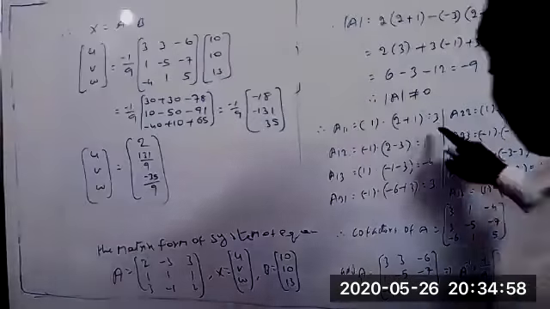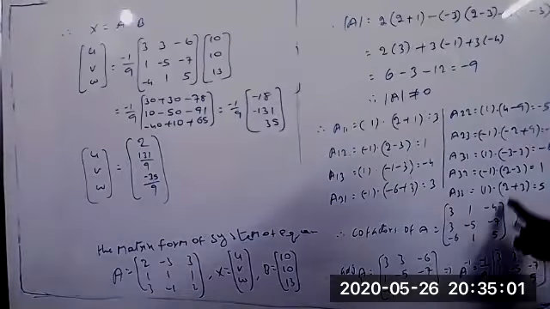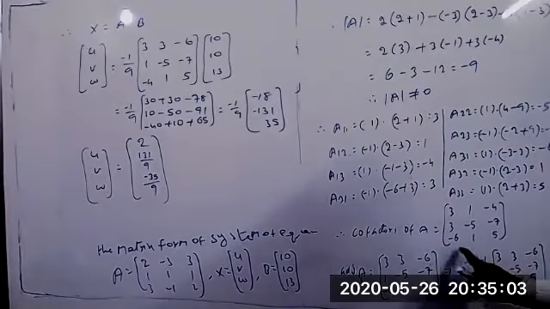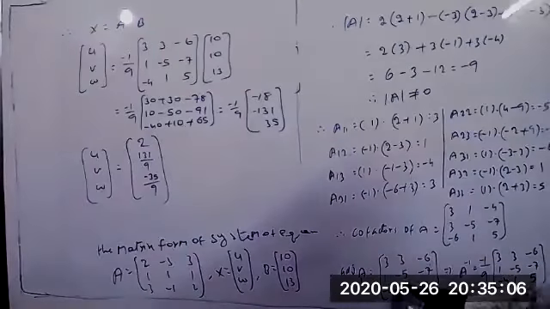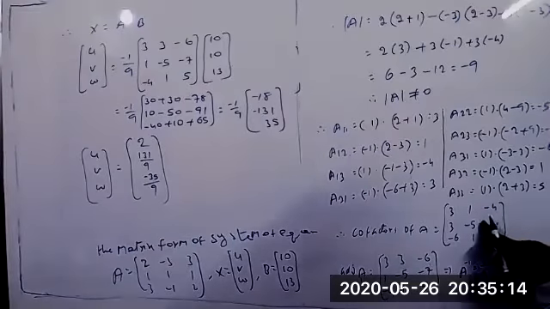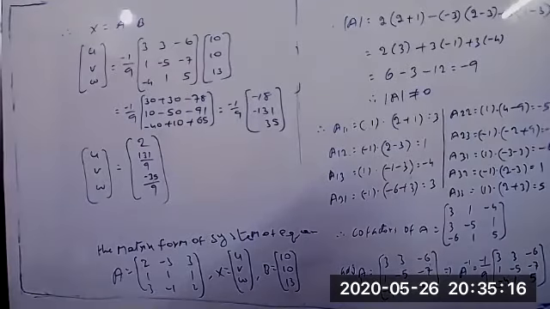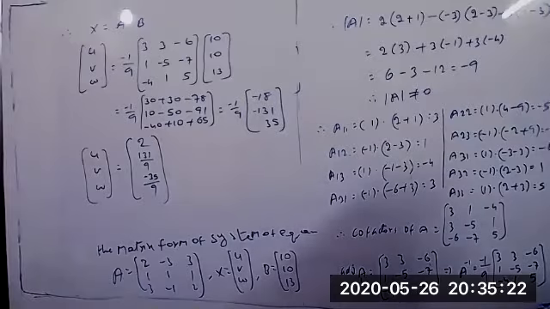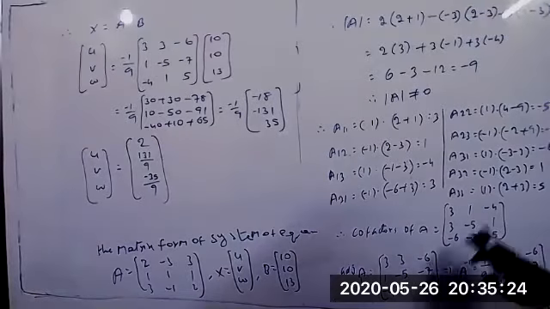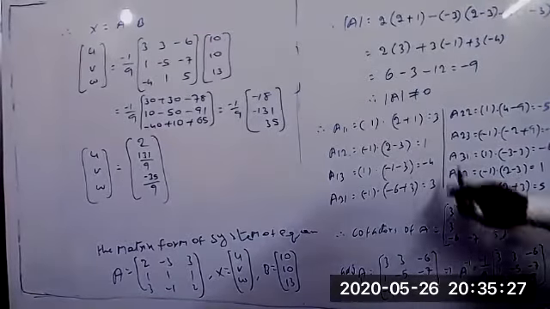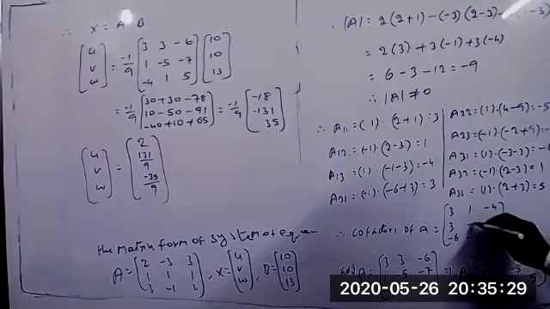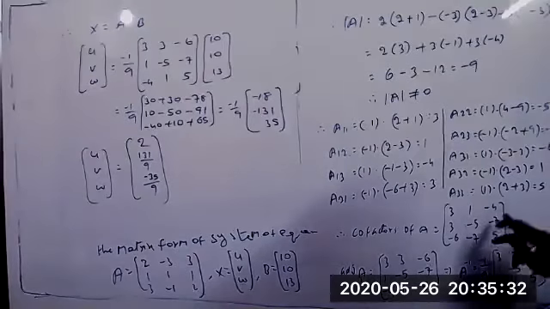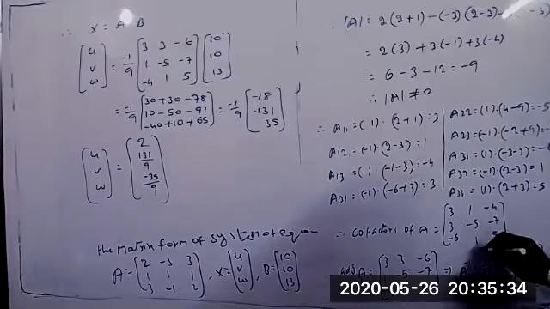Adjoint equal to here now: 3, 1, minus 4, 3 minus 5 minus 7 and minus 6, 1, 5. So adjoint equal to 3 minus 6, 1 minus 5 minus 7. Oh, this is the mistake. 1 minus 5, 1. This is the 1. I'm correct. Minus 6. This is the minus 7, 5. This is the mistake. Here it's 5. Okay. Here we have to change. 3, 1, minus 4 and 3 minus 5 minus 7 is correct only. And minus 6, 1, 5. This is the correct 5.